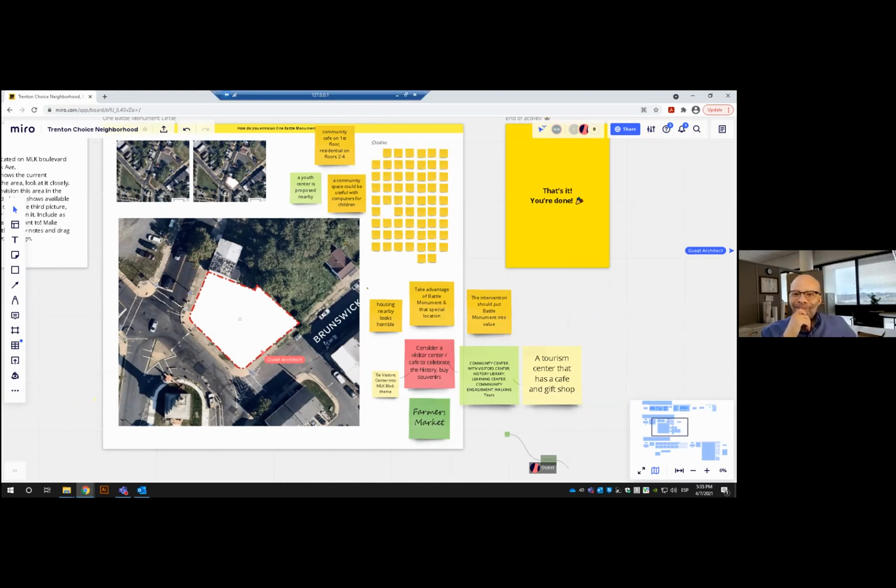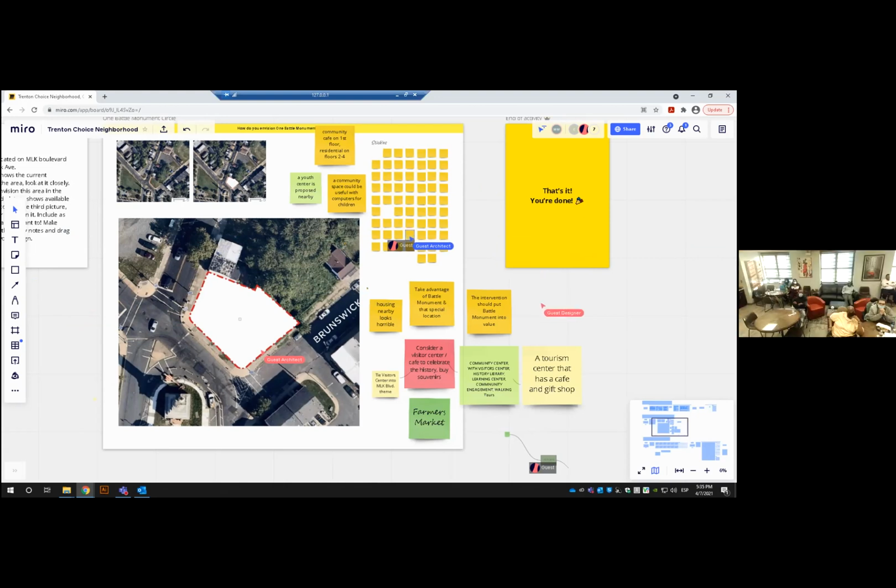But so we talked about size. It sounded like the community wants a visitor center with some commercial opportunities. It sounds like the community wants something that's kind of the same height as the surrounding buildings in the area, maybe like 2.5 stories. Is that right? Is that the consensus that I'm hearing from people? I want to make sure I'm hearing from everybody in the room at Donnelly. Yeah. Okay. Can you provide a list of options?